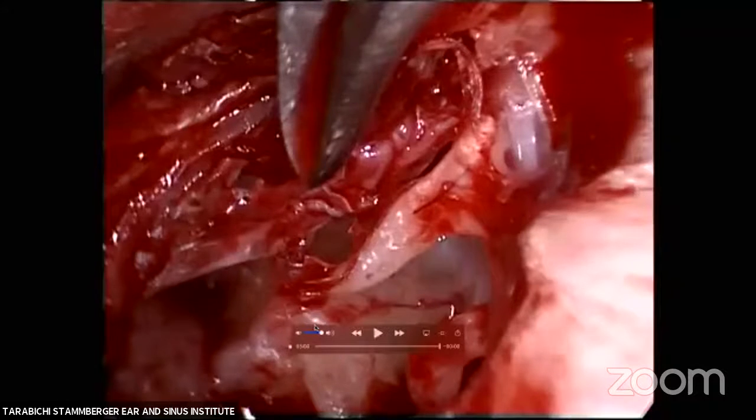What in my opinion prevents the fogging of the endoscope? By far the most important thing is the